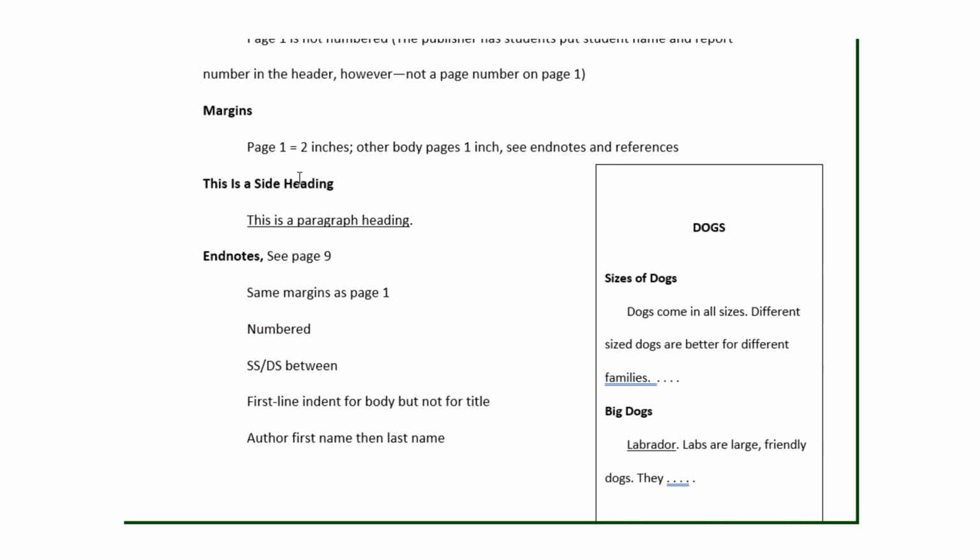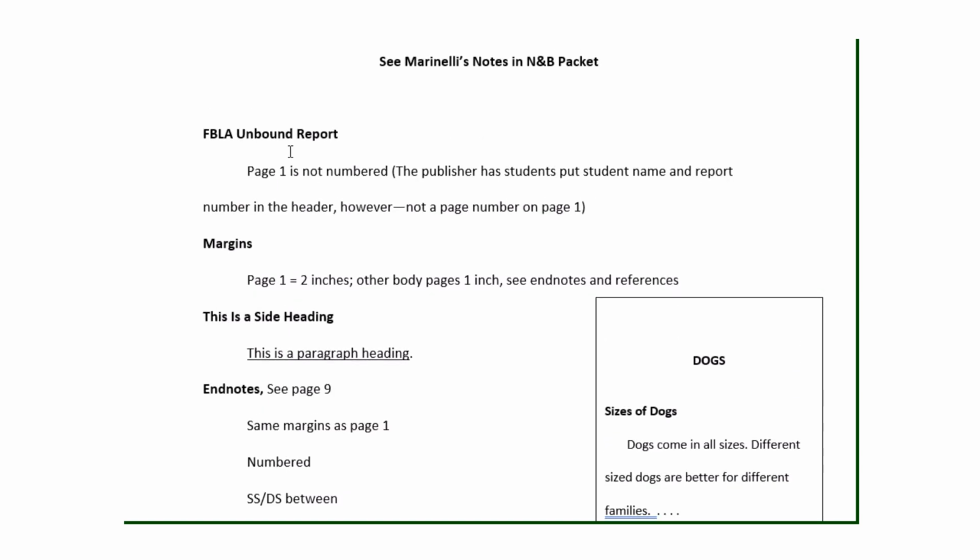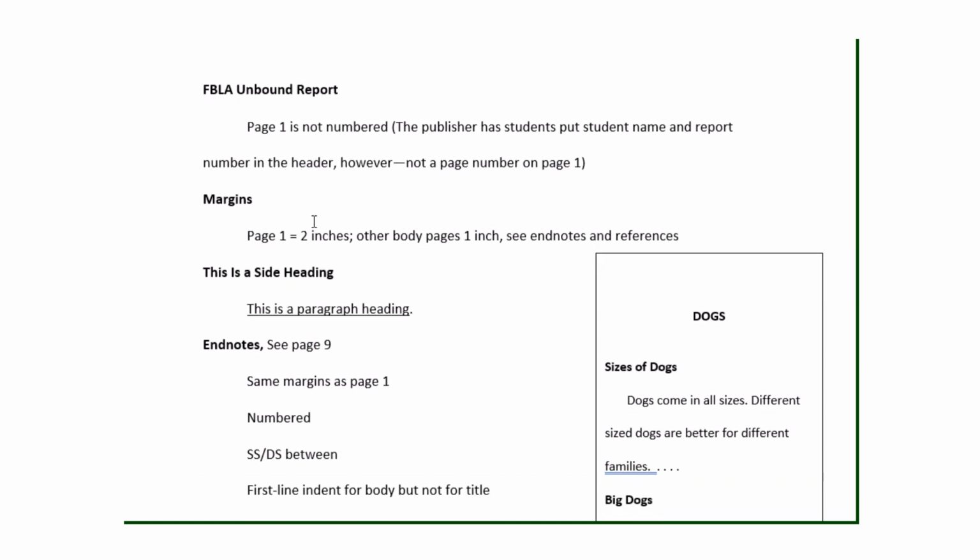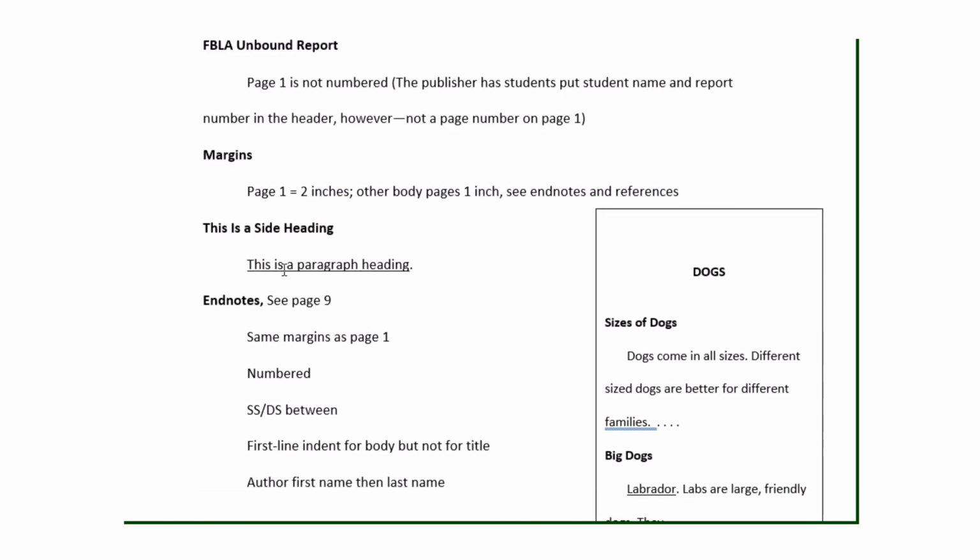Okay, this is an example of a side heading, just like margins, endnotes, FBLA Unbound report. Again, side headings introduce the next section. It could be several paragraphs. It could be one paragraph. This is an example of a paragraph heading. Side headings are upper and lower case and bold. Paragraph headings are not all uppercase. It's just the first word and any proper nouns, but they are underlined, but the period is not